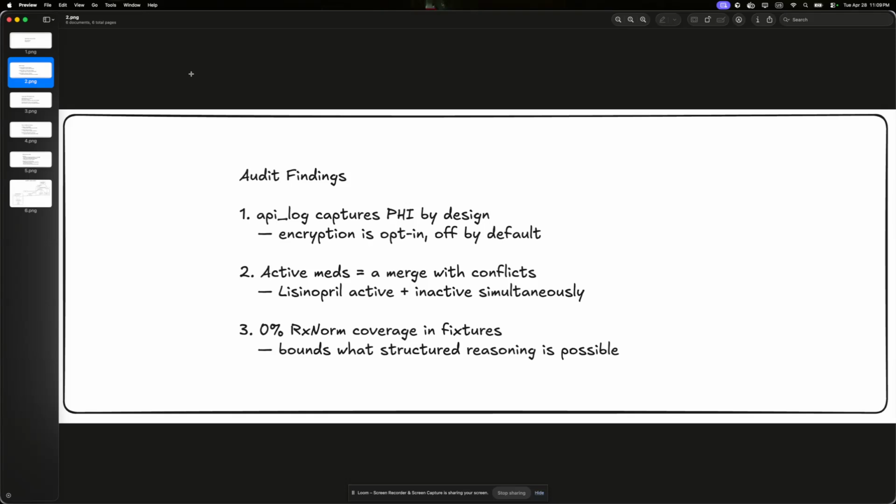When we started, we first did an audit of the existing system, and we found a few key things that are going to inform the rest of our decisions going forward. I'm going to surface three of them here. First, the API log is a table, and it captures personal health information by design. The encryption is opt-in and off by default, and that presents a security vulnerability that we want to be